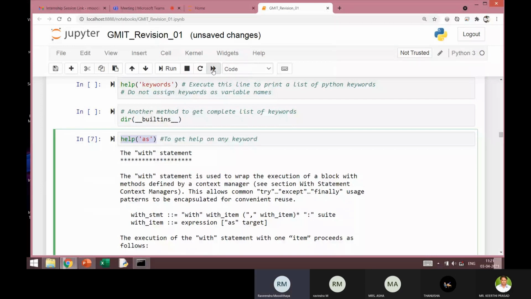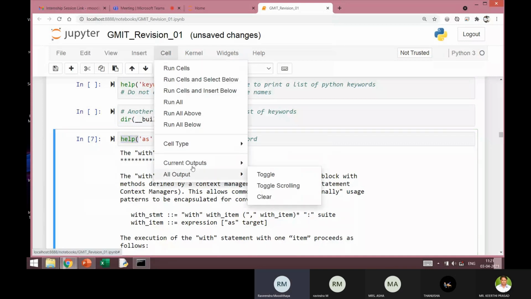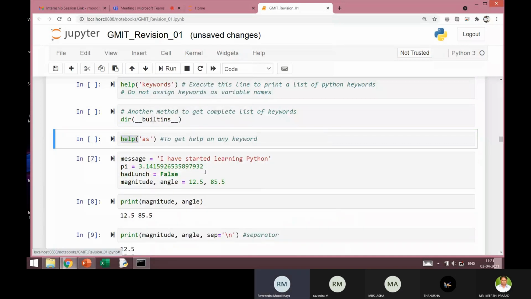I'll close the output. So whenever you get a doubt with regard to any command, you can make use of this help command very freely in interactive mode of execution. Well, I cannot use this command in my program, but in this interactive mode, I can always use it.